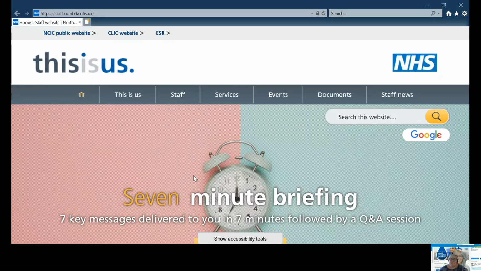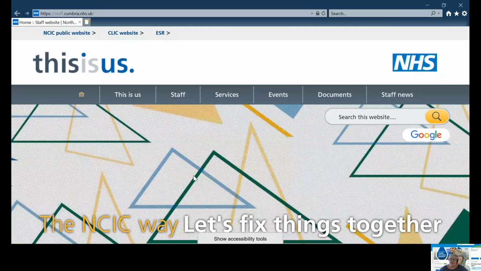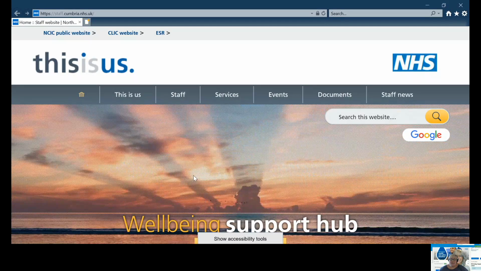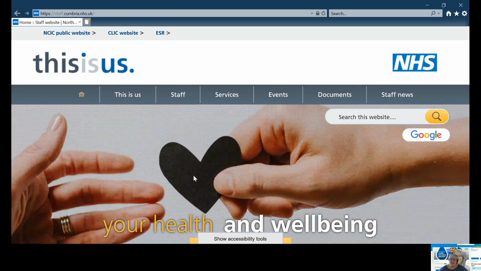As a team, we've noticed an increase in the amount of emails and telephone calls that we're receiving from employees requiring help accessing ESR. So the purpose of today's demonstration is to provide you with the information and knowledge you need to be able to retrieve or reset your login credentials and to show you how to navigate your way around the different sections